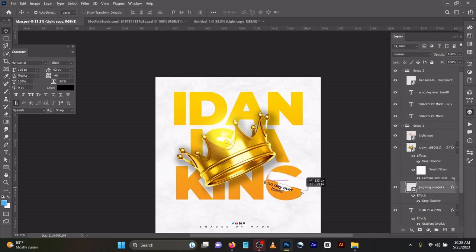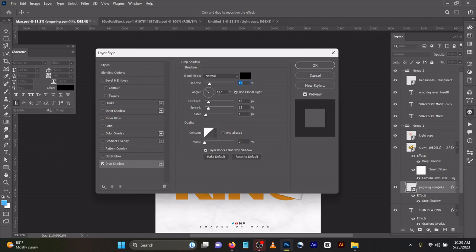Then this one too was also downloaded. I added a drop shadow effect to it. You can see I added a drop shadow effect to it. Opacity at 17, distance 13, spread 13,